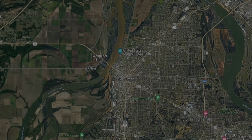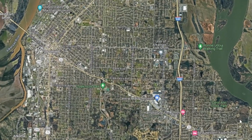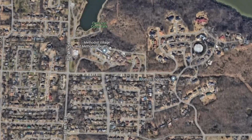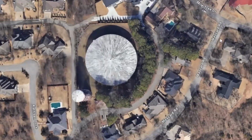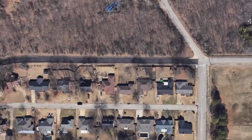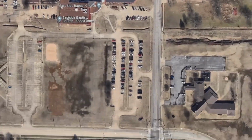Massard Road is a north-south arterial towards the eastern end of Fort Smith. In total, it's just under 6 miles from top to bottom, and for about 2.5 of those miles, it has one of the city's few dedicated bikeways. But the entire road is still cyclable the whole way, which is a lot better than some of the other